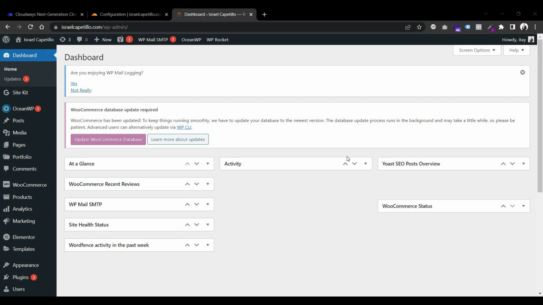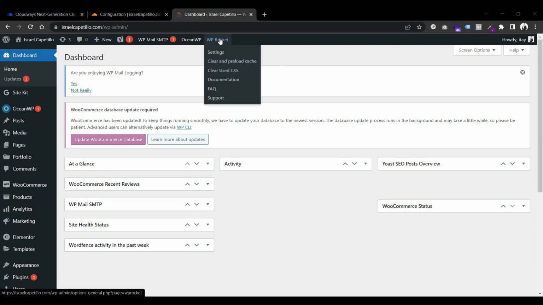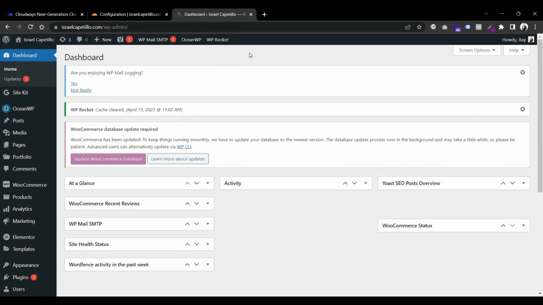Okay, so in order to clean the 3 layers of cache that you have on your website, you have first of all to activate your cache plugin, and as you can see here, I have WP Rocket and I can clear and preload the cache. This is the first layer. When I clear this, I can see this is the first layer that I'm clearing of the cache,